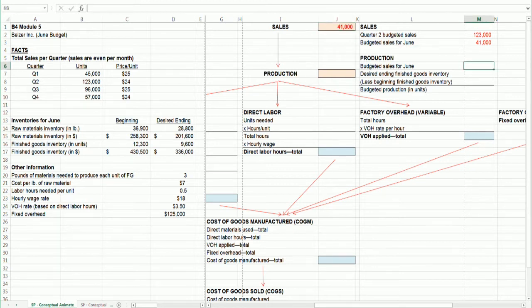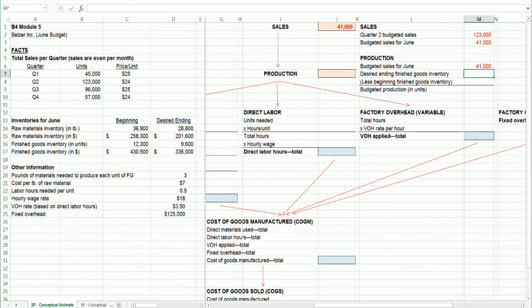Great. Now, the next question that follows is, okay, that's wonderful, how much am I going to need to produce? Well, first off, what are my budgeted sales, right? That's what's going to determine it. So I've got to start with 41,000. Now, logically, I say, well, whatever I started the month with in my inventory is going to be used to make those sales happen. And I'm going to want to have a certain amount of inventory left over at the end of the period, and that's going to help me figure out my production. So let's fill in those missing pieces.